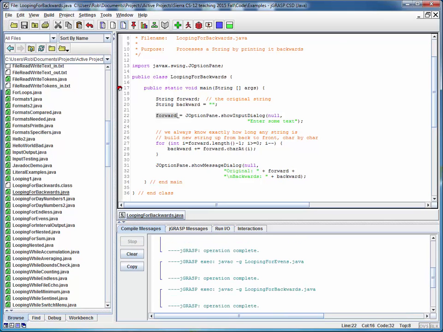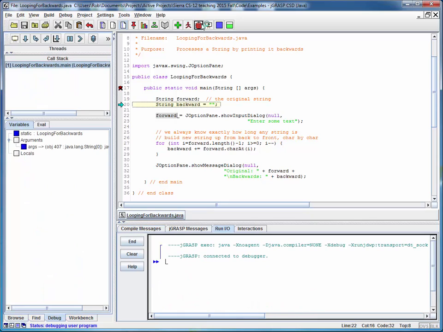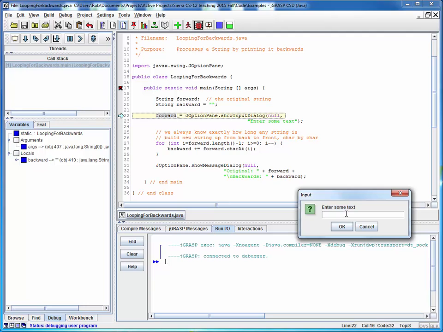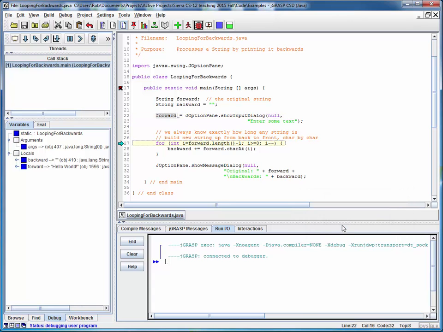The first time through, we will set a breakpoint on main and start single stepping through this. So we've declared a string variable for the original string that we read in and an empty string for the backwards string that we're going to construct. We'll step through this. We're going to throw up a pop-up GUI dialog to get a string, and let's just enter some simple text. How about the standard hello world? Click OK, and we've read that in here as the string forward,